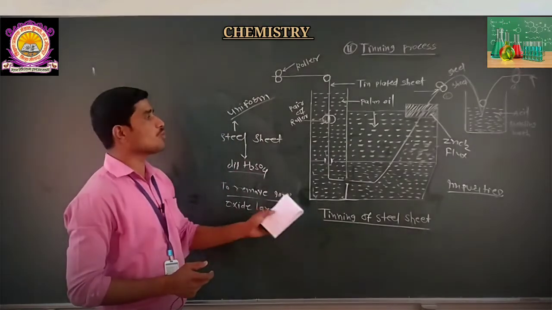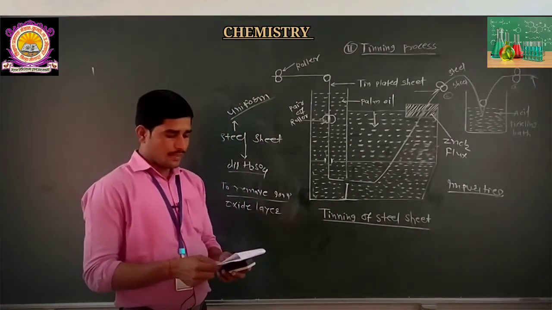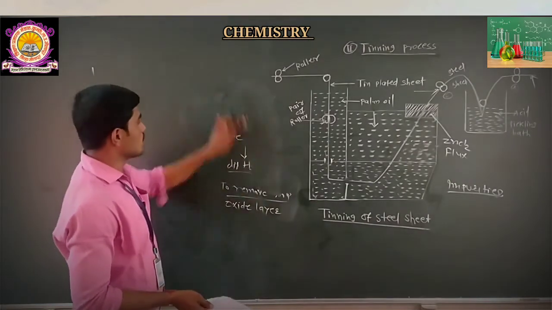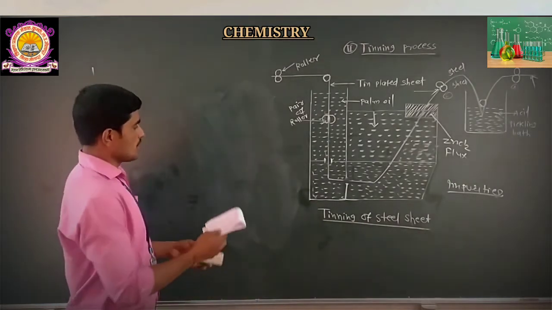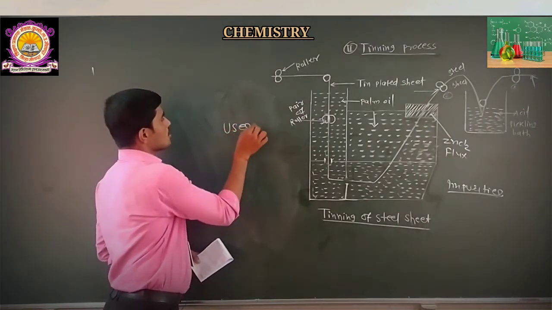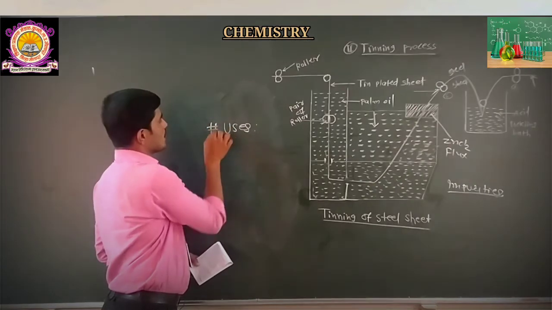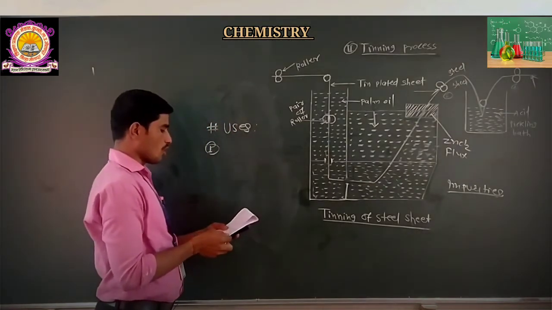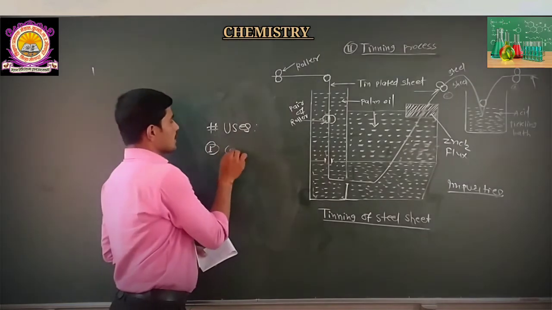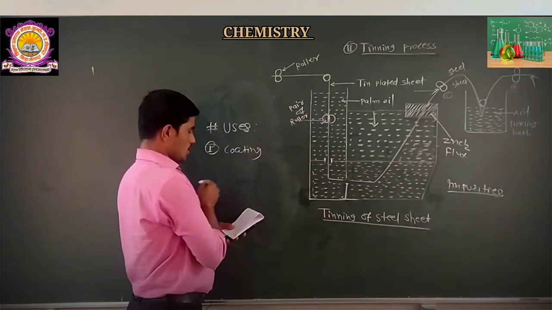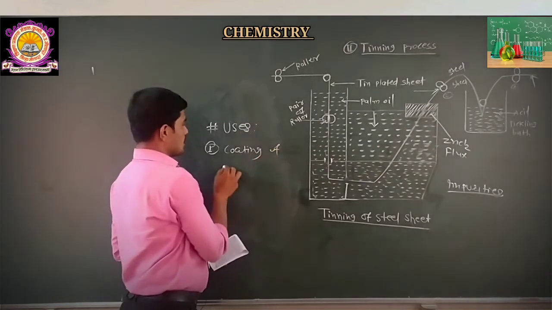This is all about the process of tinning. And what are the applications of this tinning process? Uses or applications of this tinning process. Mainly this tinning process is used for coating of steel,